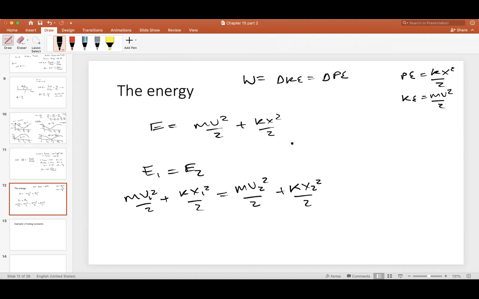And if you knew these, you can just plug in knowing that v1 is v at time 1. You can go back to that velocity equation and plug in what time 1 is, and x1 is x at time 1, and figure out what these are, assuming you know k and m and omega and phi, right? And similarly, v2 is v at time 2, and x2 is x at time 2. That's pretty easy to understand. One really cool thing about this, though, that we should notice is